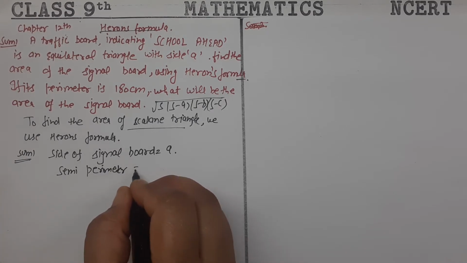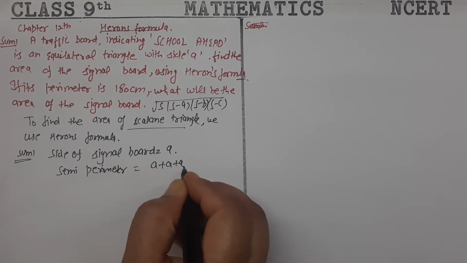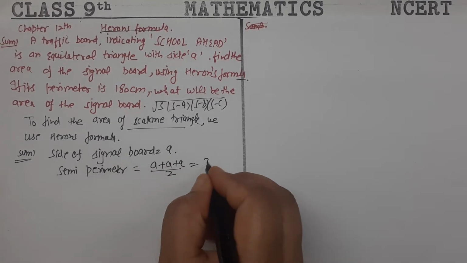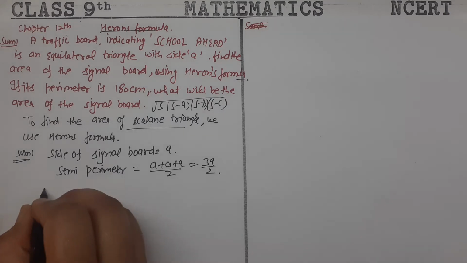Semi-perimeter S is equal to A plus A plus A by 2, which makes 3A by 2. Now,